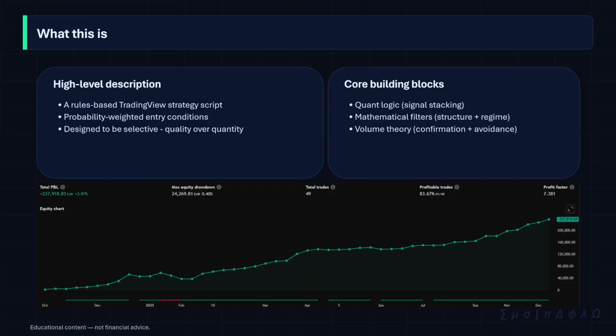At a high level, this is a rule-based TradingView strategy script. The main idea is simple: stack multiple confirmations so the script is selective, meaning fewer trades but higher conviction when it acts. The building blocks are quant-style signal stacking, mathematical conditions to filter market structure and regime, and volume theory for confirmation